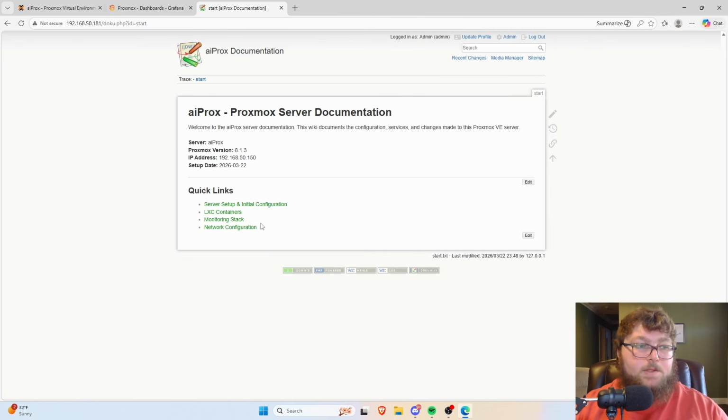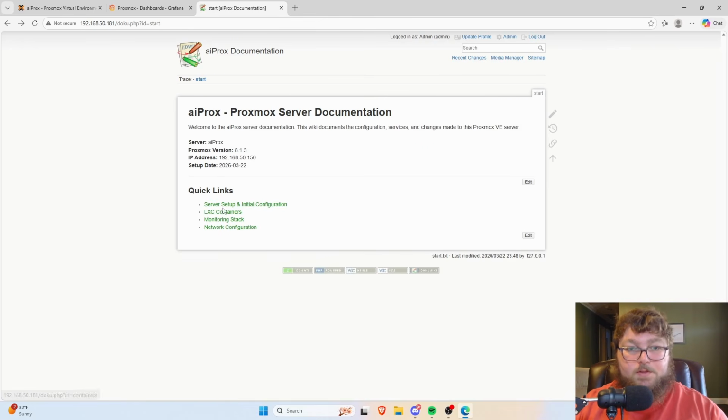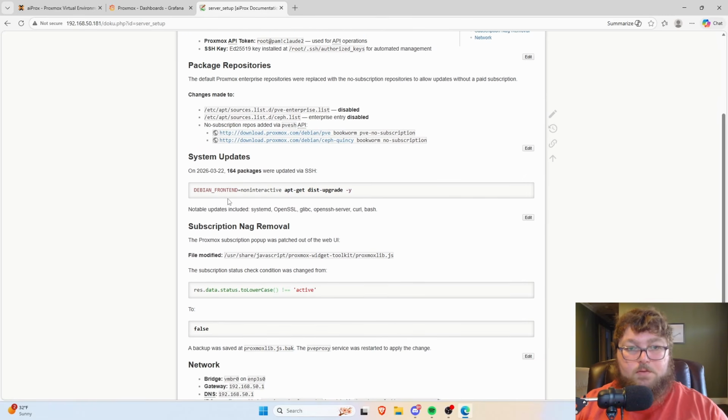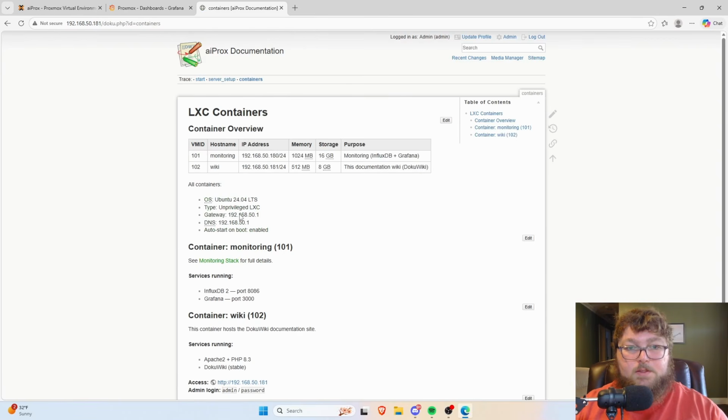Our next thing was this documentation wiki that I mentioned before. So over here, I actually had it write this all up, and I'm not sure if it was able to just do this through SSH or how else it did it. It wrote all this documentation itself, so you can see it broke it into a couple of different tabs. It gives us the initial configuration that it did. So it goes through how it changed the repositories, it did the updates, it removed the nag box, it created